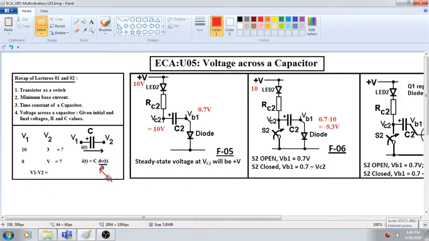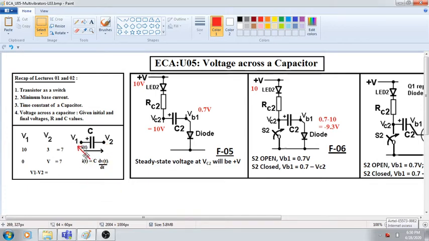For you to understand this, we will take some simple examples and go directly to the application. Now let us assume that we have a capacitor here, some value C. On the left hand side it has a voltage V1, on the right hand side it has a voltage V2. Let us assume that on the left hand side the voltage is 10 volts and on the right hand side it is 3 volts. That means from this point to a reference point, there will always be some reference. So between the V1 node and ground it is 10 volts, and between V2 and ground it is 3 volts.